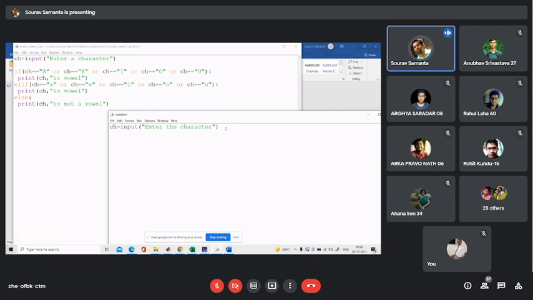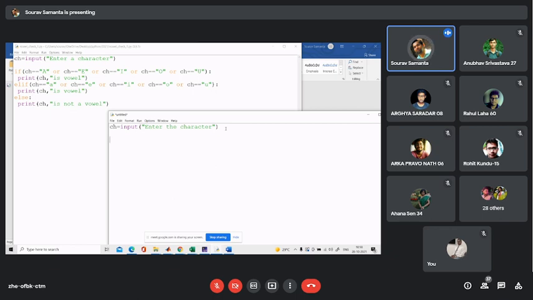But here we have the freedom. What is the freedom? When we test for a capital letter or small letter, it should be continuous: capital A to capital Z, small a to small z. So if we check the range, then it is sufficient for us.